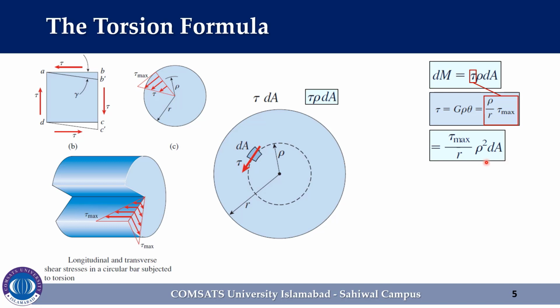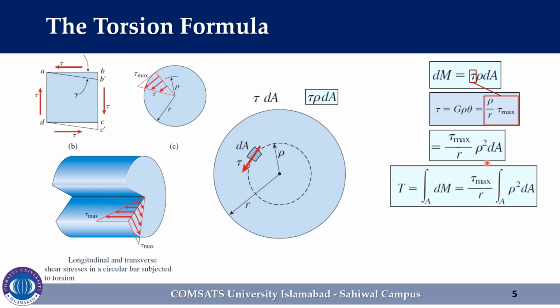The resultant moment equal to the torque T is the summation over the entire cross-sectional area of all such elements. So the torque can be expressed as T is equal to the integral of dM. dM is the elemental moment. After replacing dM with tau max over r ρ squared dA, here tau max over r is a constant quantity, so the integral is of ρ squared dA,